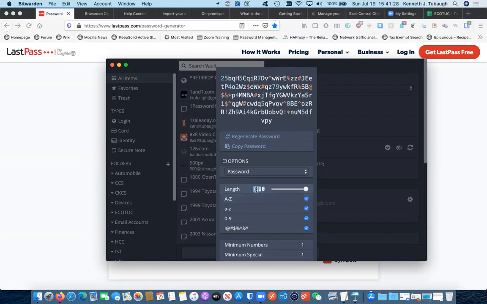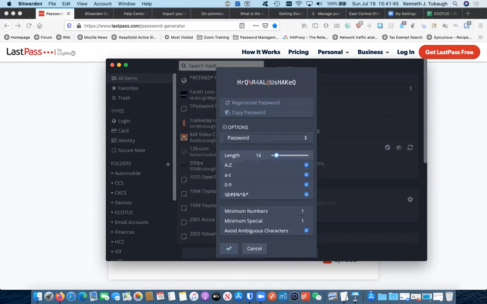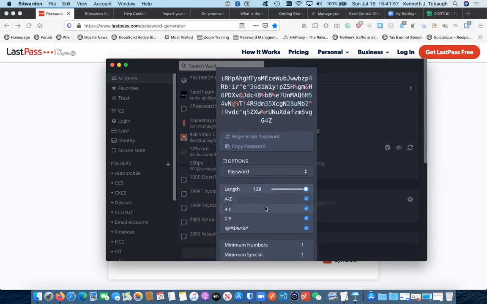But be careful with this, because some websites, especially banks, Juanita can attest to this. We had a heck of a time trying to get a password set for one of her banking accounts. It was because they said, oh, you can't put in more than, get this, 16 characters. What? 16? You have to follow the rules of the website. So while you might want to do 128, you have to make sure that the website will take that many